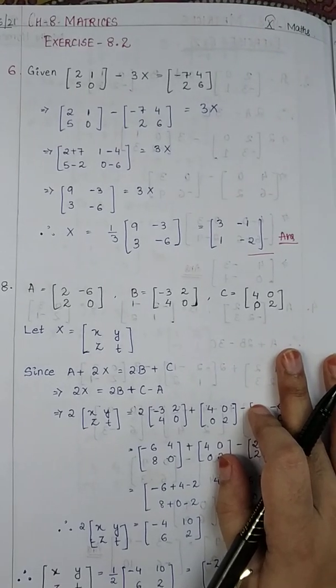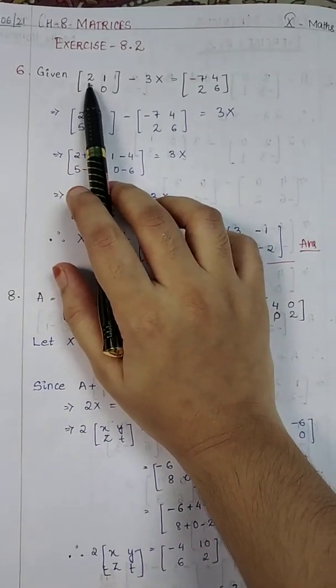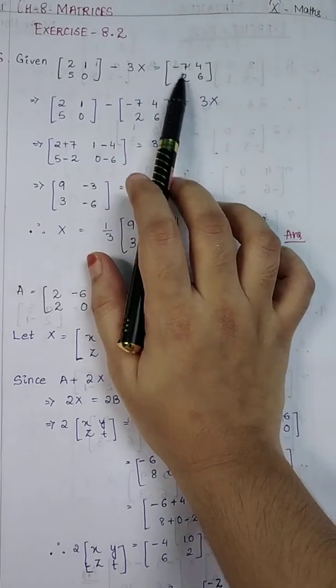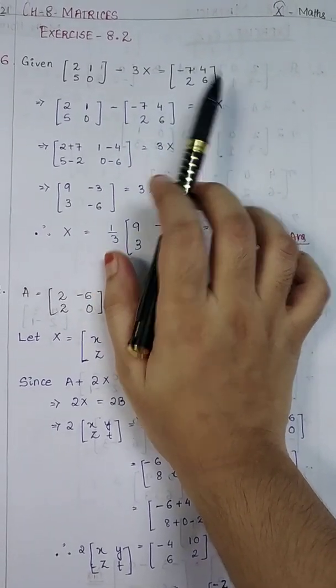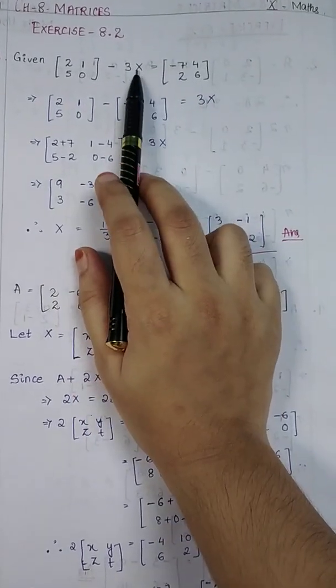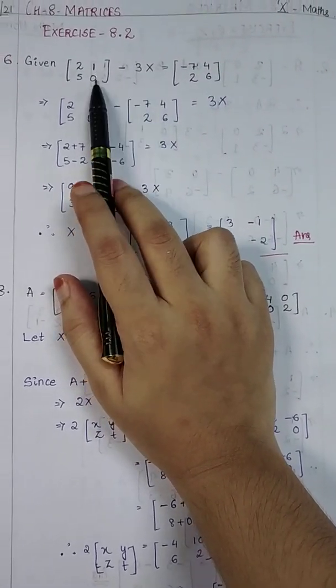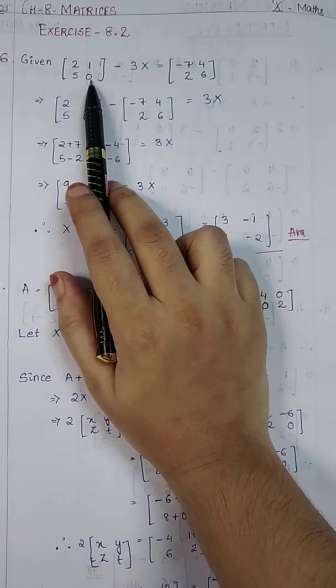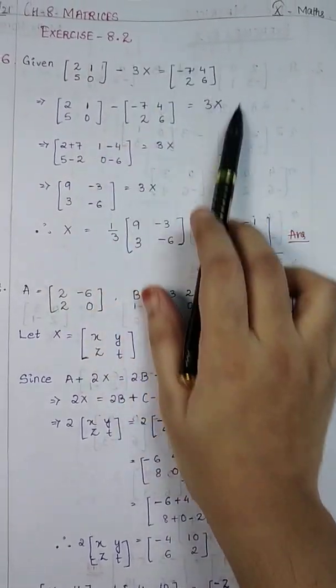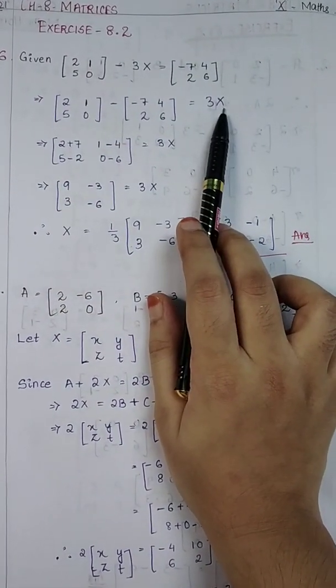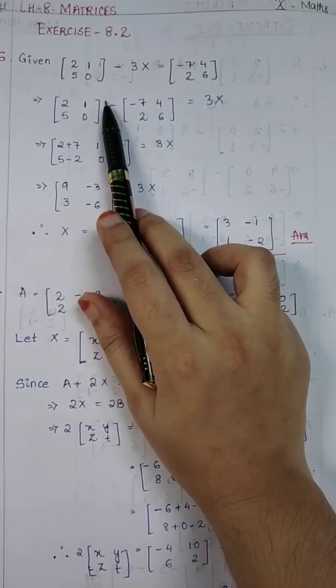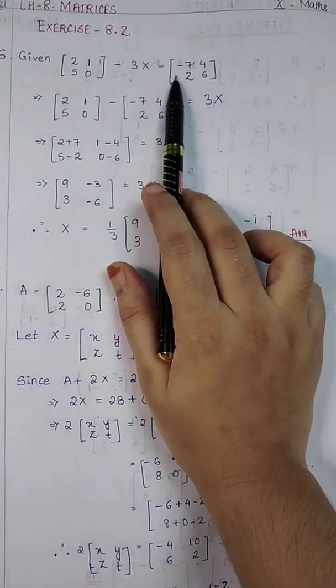Okay, question number 6. Here you can see 2 1 5 0 minus 3x is given in this matrix. Now you have to solve and find the value of x. So first of all, to find the value of x, firstly shift this to the other side. So minus 3x will be shifted, it will become 3x after transposing. And when this is transposed to this side, here there is no sign, it means plus is there, so